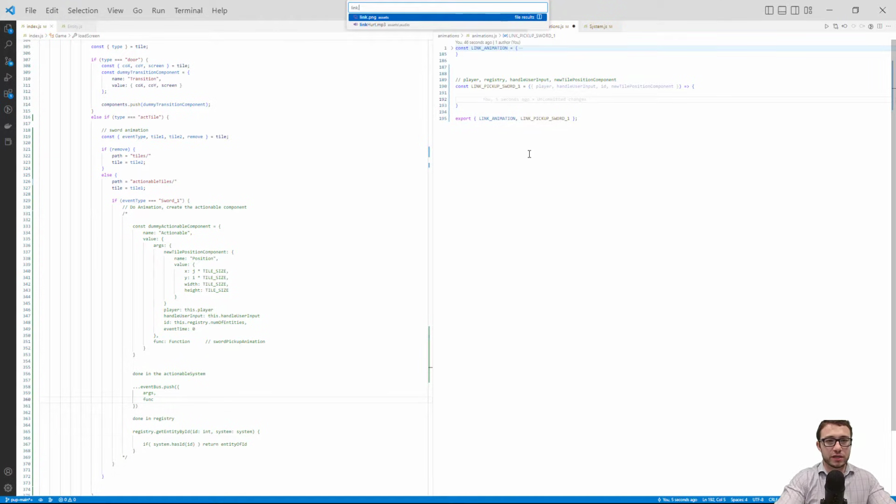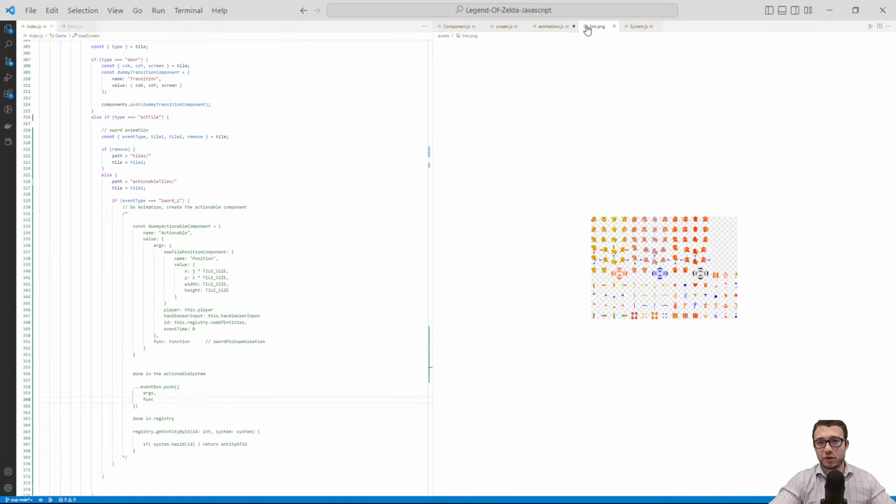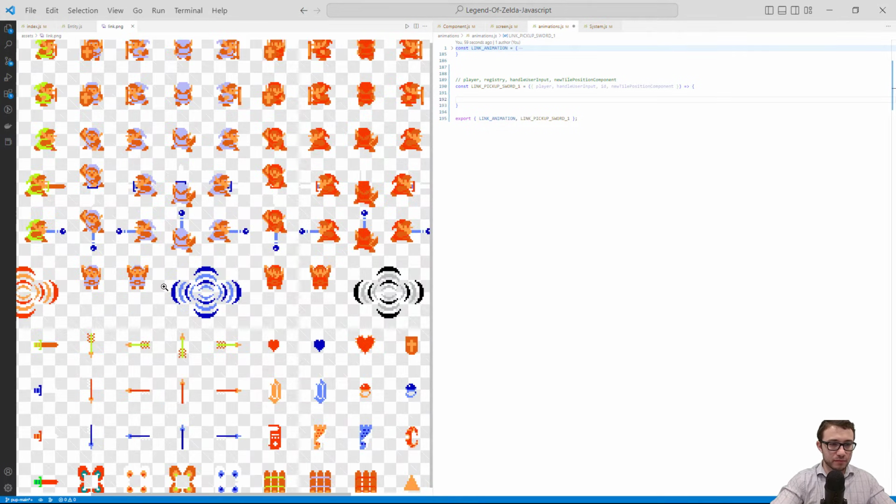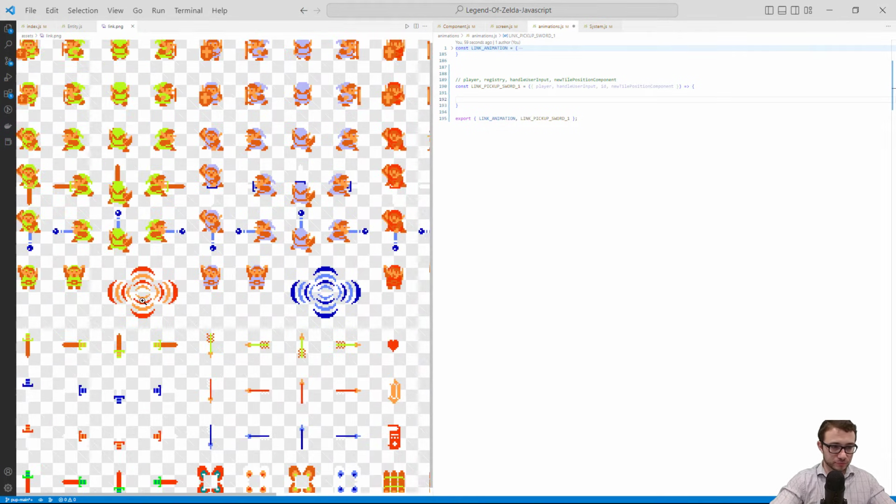Let's go into the link.png, because even though I call it link.png, it has all of the items in it as well. And if we scroll down, we see the 4 swords are right here. We have this up sprite that we'll be using for the sword, and then we also have Link holding up the sword right here. So the first thing I want to do is I would like to actually create the